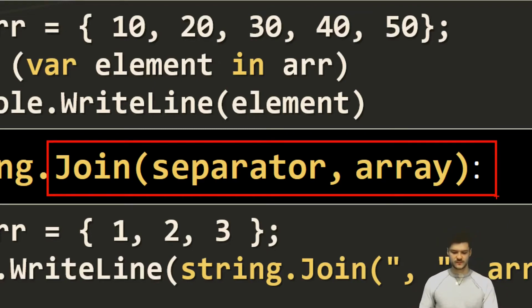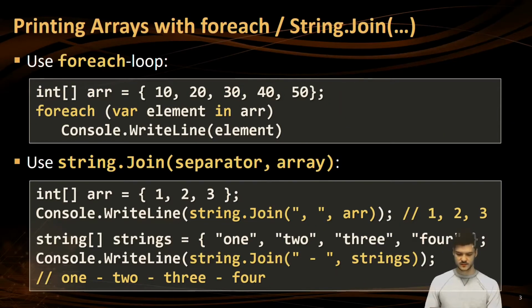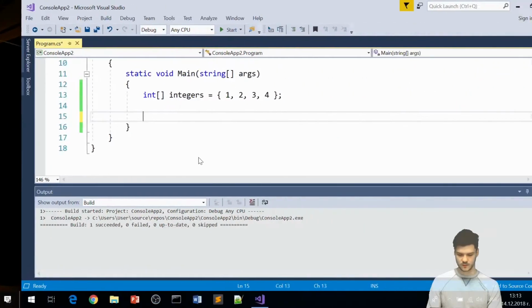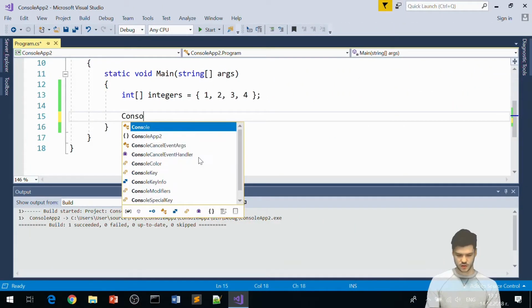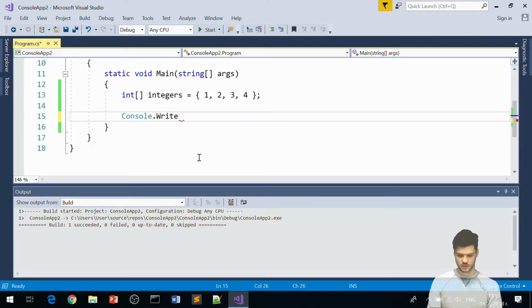The first parameter is the separator, the delimiter we would like to have, and the second one is the array. So what we can do here is Console.WriteLine, string.Join,